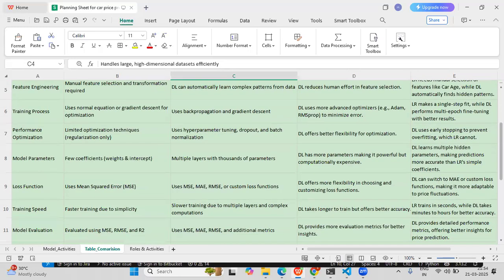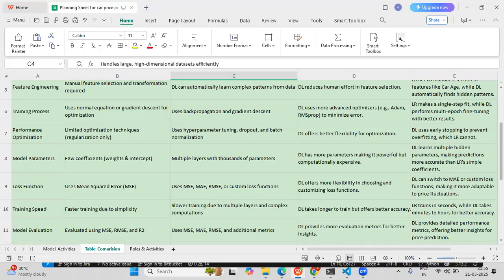And the loss function. In the linear regression ML model, we have loss functions like mean squared error, mean absolute error, and R square value. Similarly, in the deep learning TensorFlow model, we use mean squared error, mean absolute error, root mean squared error, then R square. And we can also derive custom loss functions.